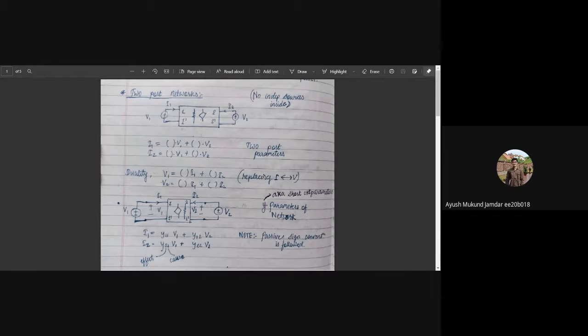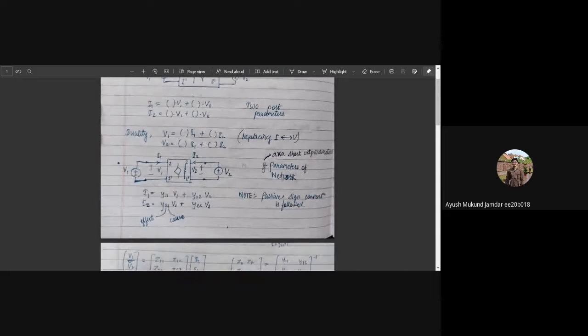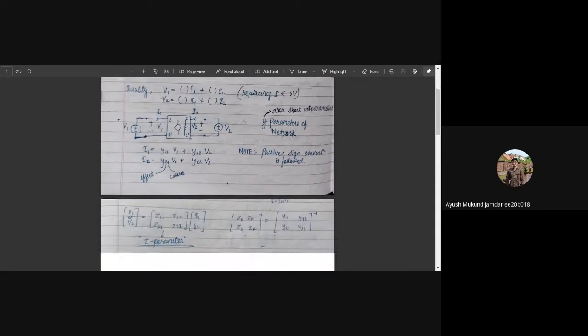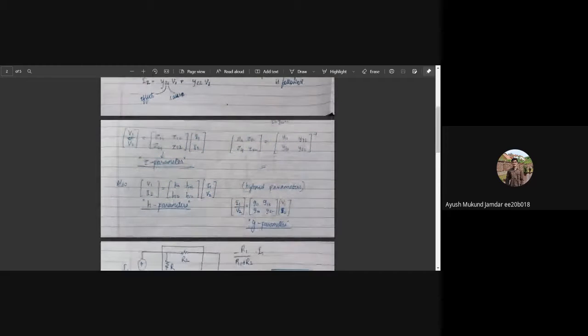Hello there, and welcome back to the quick summary of two-port networks. Last time we just saw what two-port networks are, what the two-port parameters are, just quickly going through them: the Y parameters, the Z parameters, H, and G parameters. You can see the matrices given here, and what ratios each parameter represents.